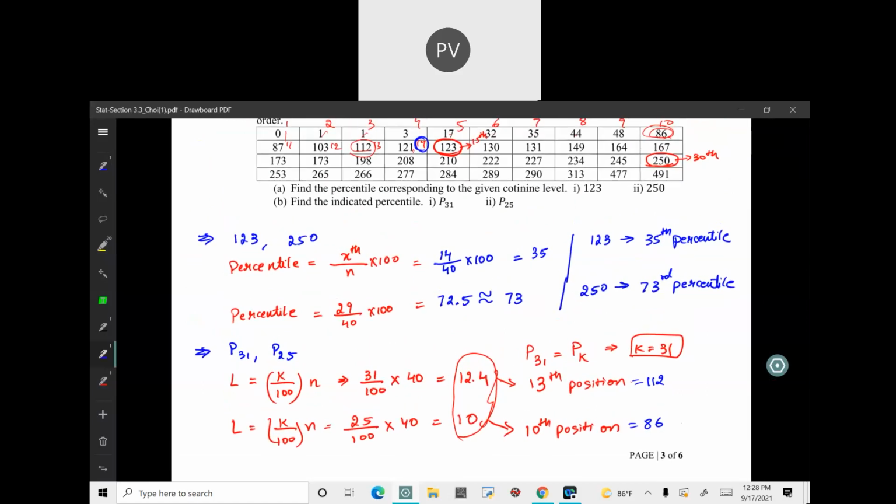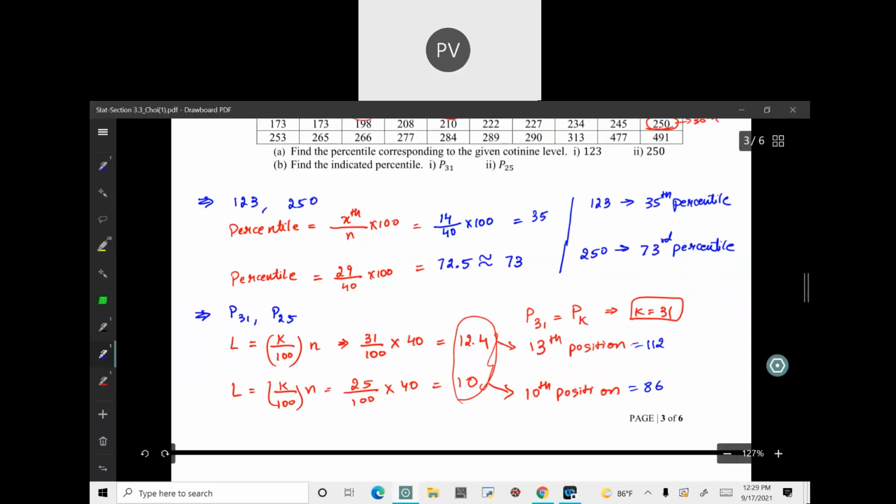Okay. So if you have a data value given and if you want to find the percentile, you have to first calculate the position of the data value. And then take a number less than that, divide by number of samples into 100, which will give you the percentile value. If you have a percentile given and if you want to compute the data value, then take the percentile value, which is k, divided by 100 into total number of samples, which will give you the position of the data value, and go back to the data set, find the data value in that position. That would be your answer.